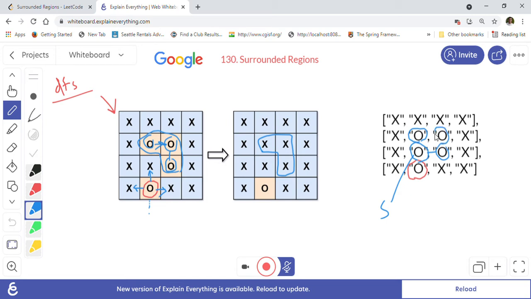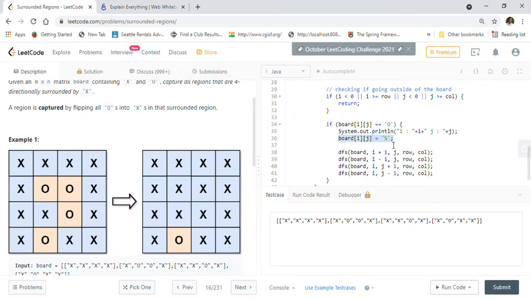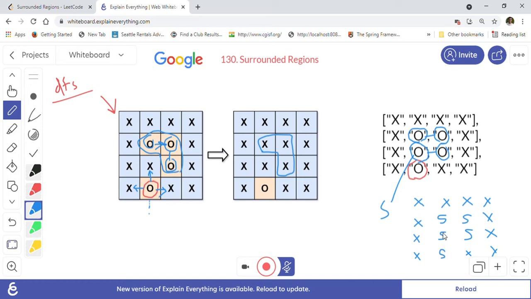And this one also will be converted to S. So the matrix will look like this: the first row is X, X, X, and X. The second row will be X here, then S, S, and X. The third row will be X, S, S, X. And then the fourth row will again be X, S, X, and X. So as you can see, whenever we see an O in the DFS, we convert it into S. This is the way the matrix will look after the conversion.